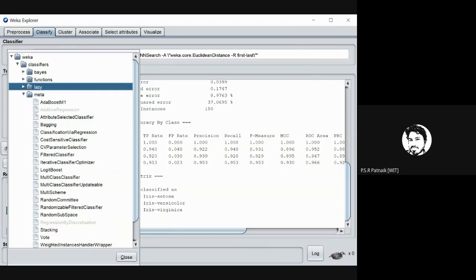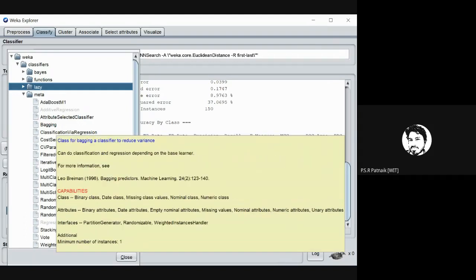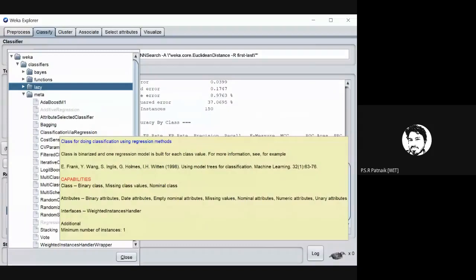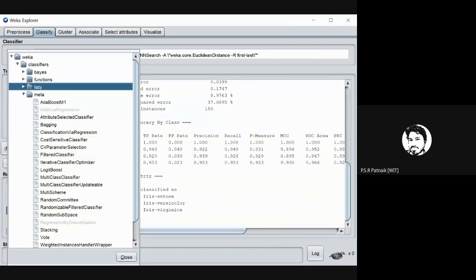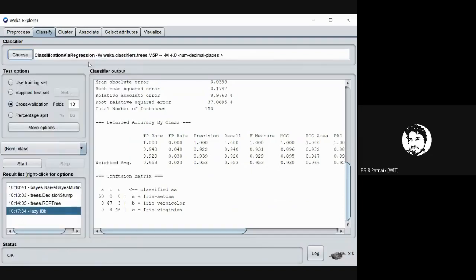Recall yesterday's lecture, I told you I drew 2 kinds of points, cross points and circle points, and if I want to classify, it was almost similar to guessing a line which separates the set of points. So such kind of classification which fundamentally works using regression as its base method is called classification via regression, and they are called regression based learners. So those are one kind of algorithm. So I'll apply classification via regression and then start.